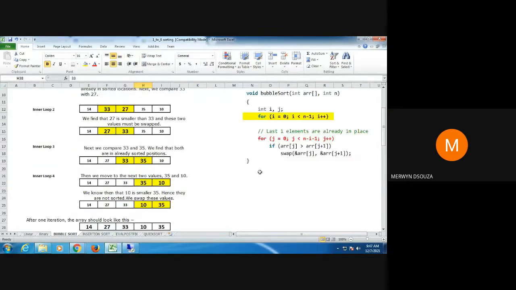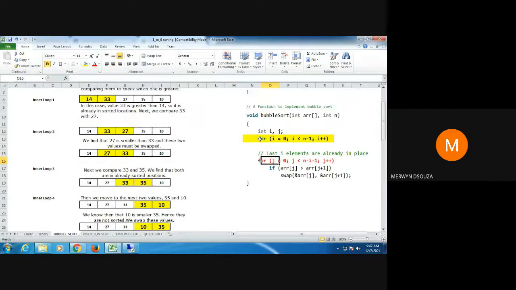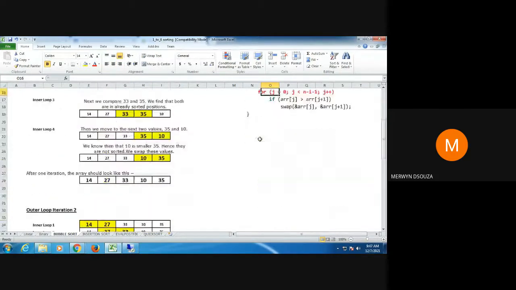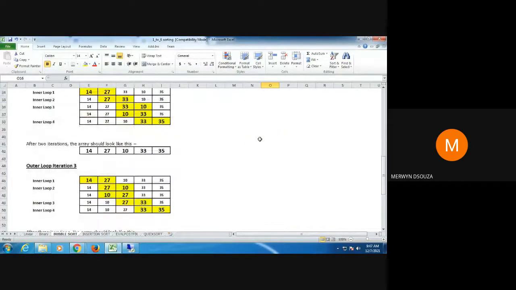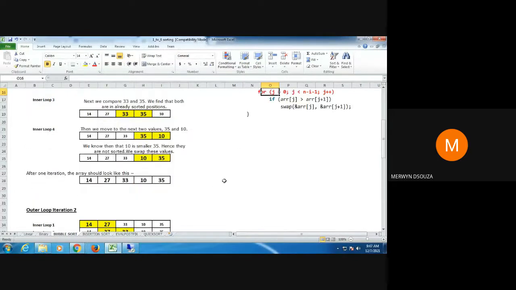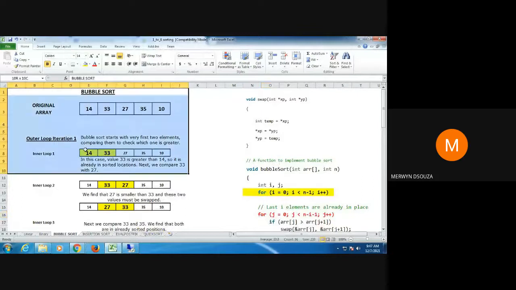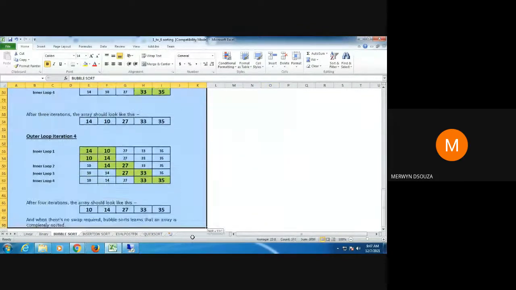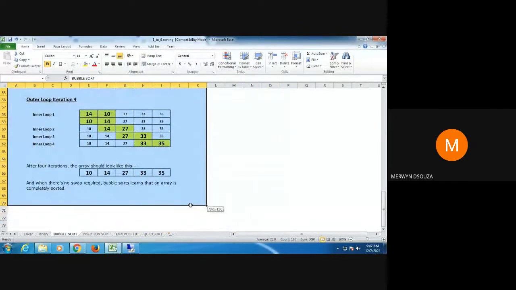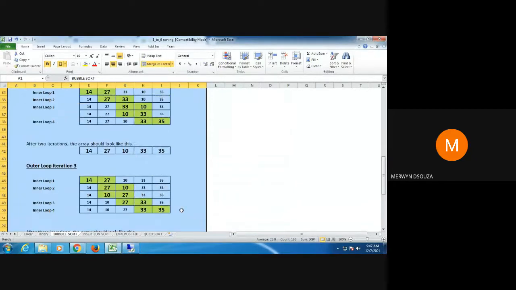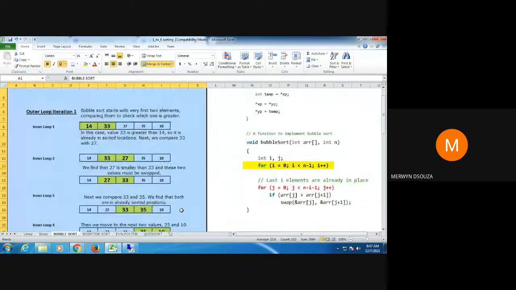So someone came up with an improved version of bubble sort. Sometimes in the exams they ask you to explain bubble sort. So to explain bubble sort, you will take one example like the one I have taken, and you will explain the original bubble sort. That is the way the original bubble sort was written.